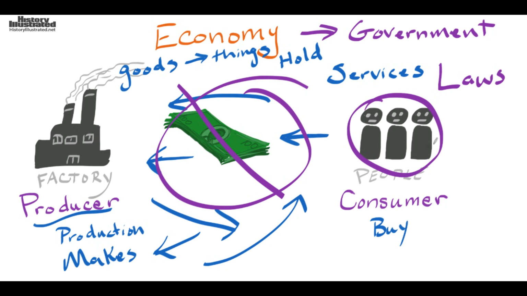Some countries may make it to where there are no laws at all, and you can do anything you want. We would call that a free market or a free enterprise economy. Other countries or other governments may control every single thing about the economy, and that would lend itself more to like a communism type economy where the government controls it all.